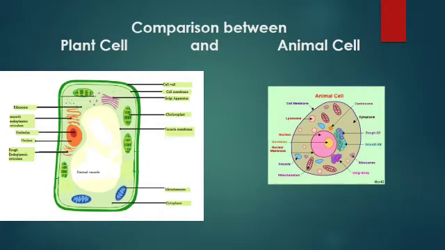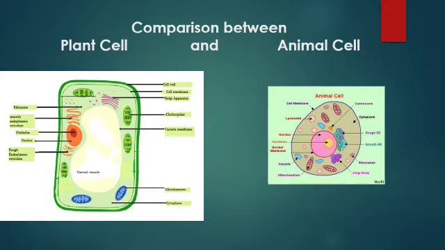Endoplasmic reticulum, both the smooth as well as rough endoplasmic reticulums are present, and its characteristic organelle, that is chloroplast, is also present in the plant cell. Now animal cell. Animal cell, it has cell membrane as its outer covering. Nucleus, it is present in the center with nuclear membrane.